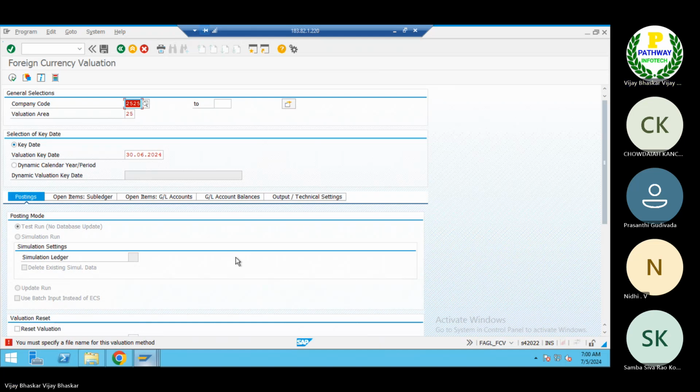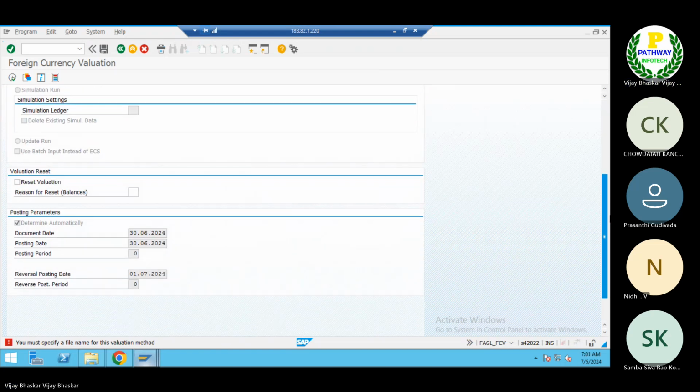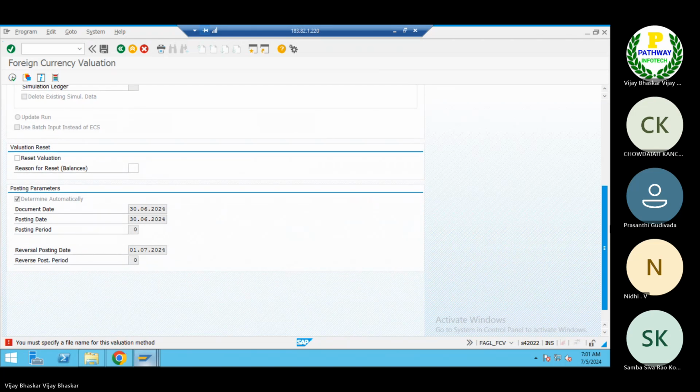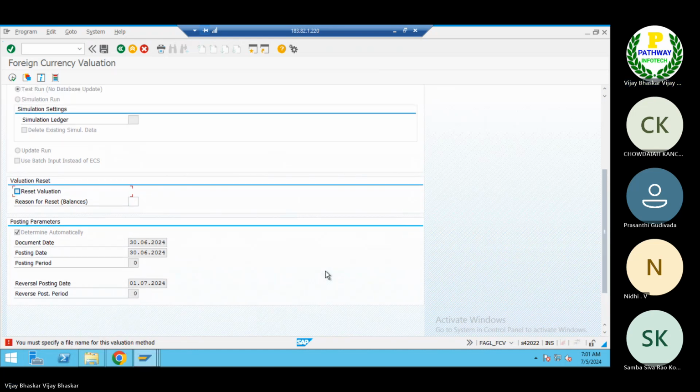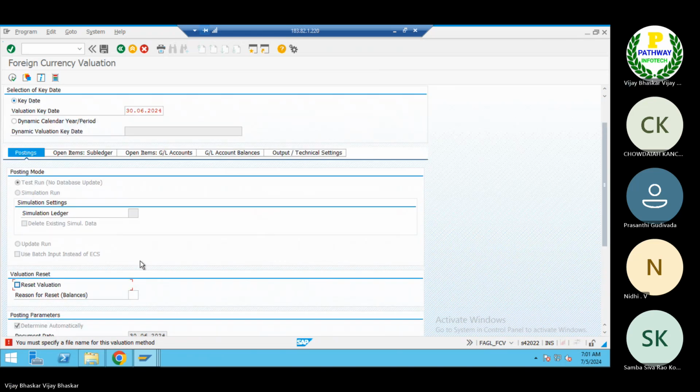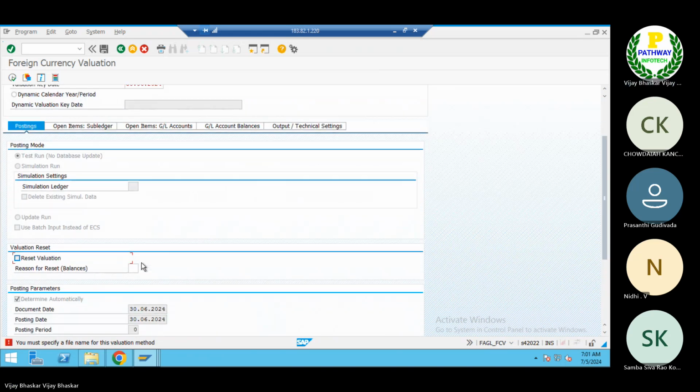You must specify a file name for the valuation method. Where is this one? Valuation reset, is this the one? You must specify a file name. I think we have to give the reversal reason.